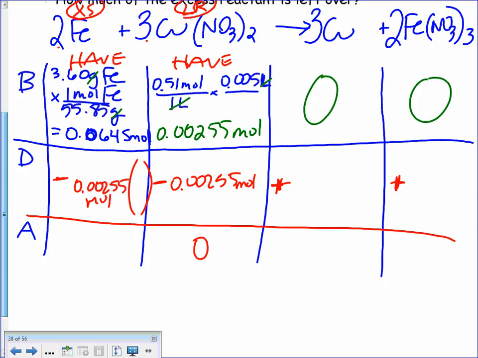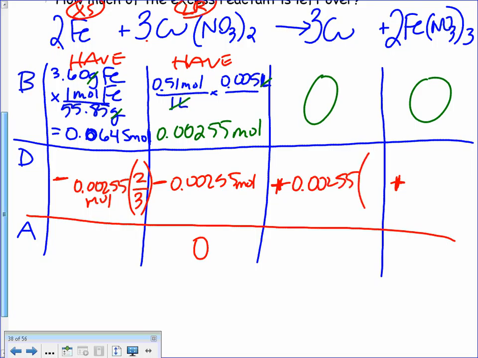So your ratio is going to be whatever you have here, which is 2, over the 3 that you're reacting from. So the coefficient for the LR is always in the bottom of the fraction for every single one of these, because this is the ratio in which they react. For every mole of copper 2 nitrate, you have to react 2 irons for every 3 of those. So let's do this one. I'm still going to use the same number, the LR number,